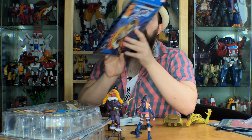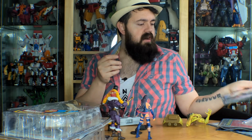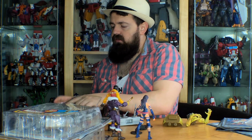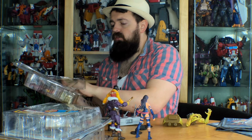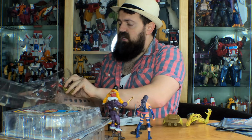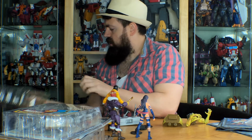There we go, the Falcon. Yeah, very different look for him compared to his MCU counterpart, which, you know, I like what they've done with him. It's kind of brought it into the modern age, and I think it definitely works. Not to everybody's taste. A lot of people are still kicking up that he's going to be...